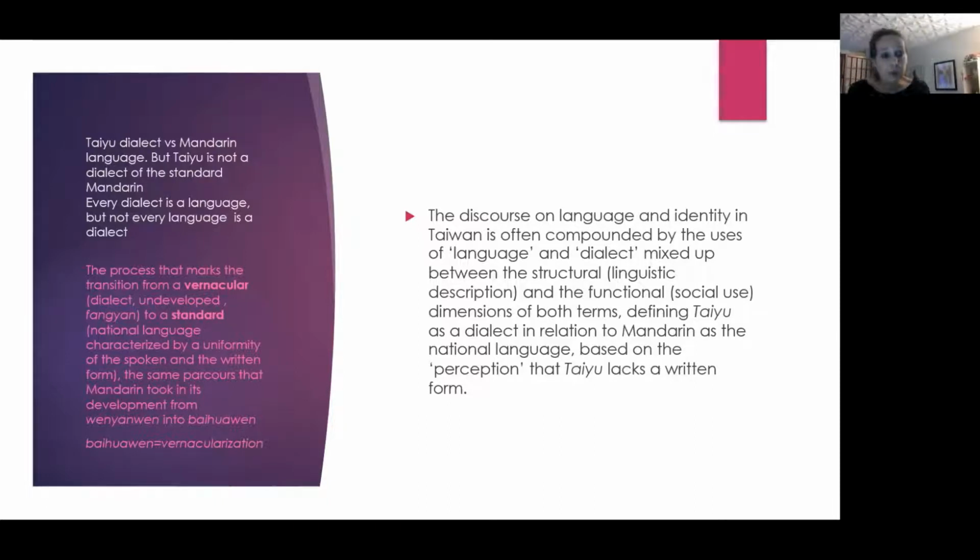Now, the process that marks the transition, which I will then illustrate in the 4 steps, from this vernacular, this undeveloped, not complete, entirely codified language, within the Chinese parlance we use the Fangyan and the regional language, to a standard national language, is characterized by this uniformity of the spoken and the written, as we have seen in the 1910s with Mandarin. The same took place at the Genbun Ichi in Japan. And we have exactly the same process which is taking place for Taiwanese. But we have a couple of